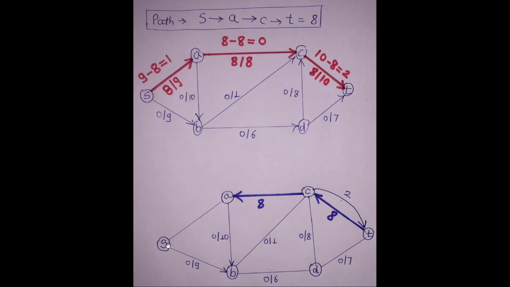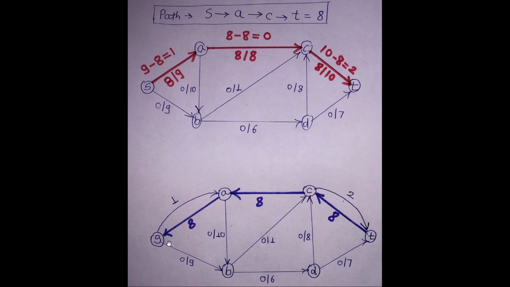Look at here, A to S. Now the A to S, sorry, S to A is having 9. Out of 9 we have utilized 8. That's why the backward, or we can say reverse flow, is 8, and still one forward capacity remains. That's why we have shown here the forward capacity as 1. So 8 plus 1 becomes 9. So this is the reverse flow for our first path. Okay, this is the forward flow and this is the reverse flow of our first path.